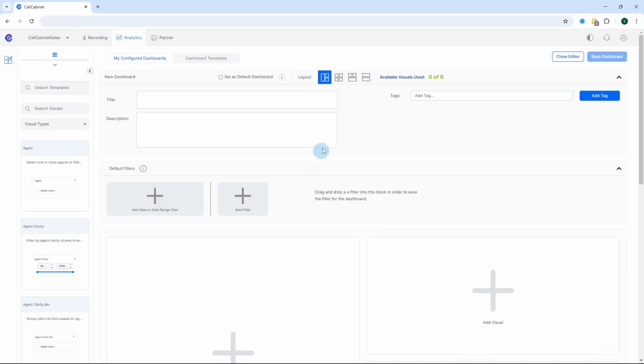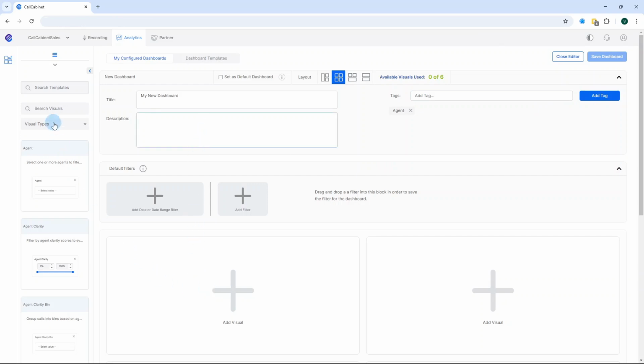Now that we're back in this empty customizable dashboard editor, the first thing we'll most probably do is select the layout that we want. So we select, let's just say, all even squares. I'm going to give it a name. I'm going to say my new dashboard. And then we are going to add a tag. I'm going to say agent again if I wanted to, and I'm going to save that particular tag. I can give it a description if I want to, which is an advisable thing to do,